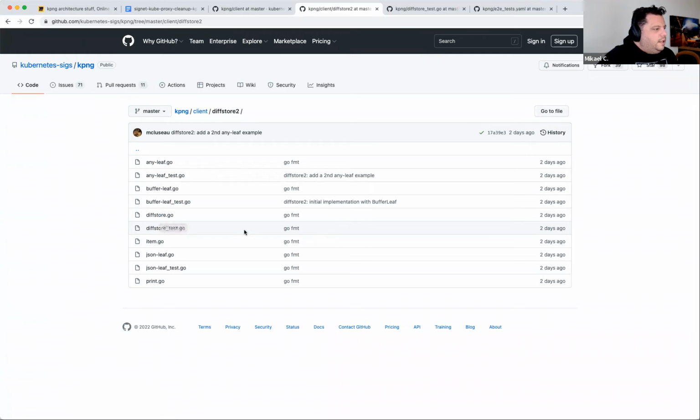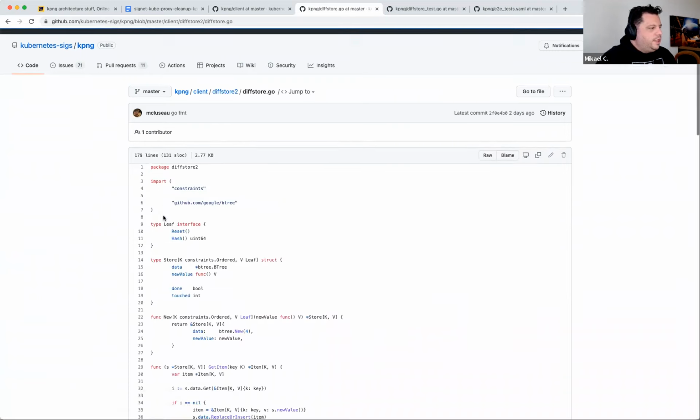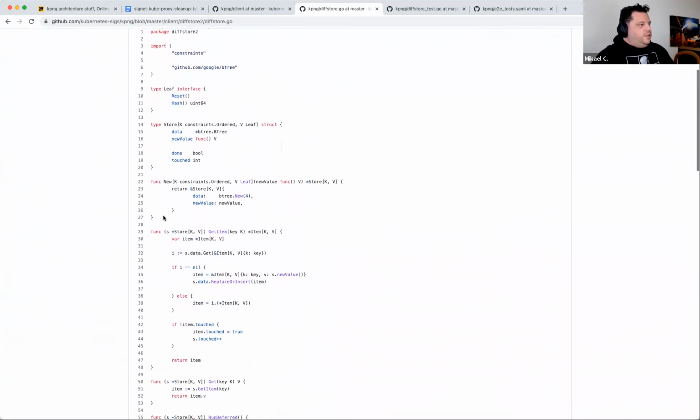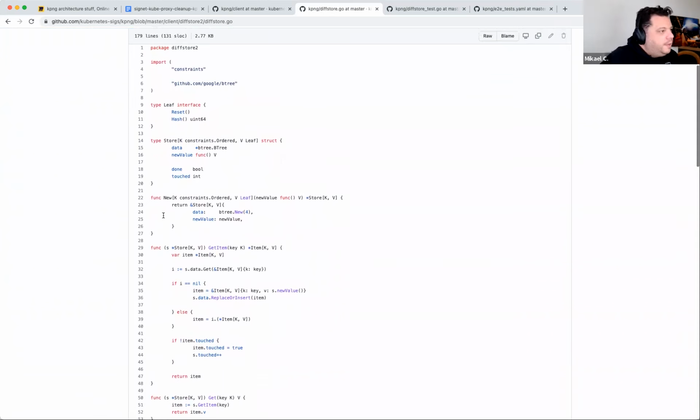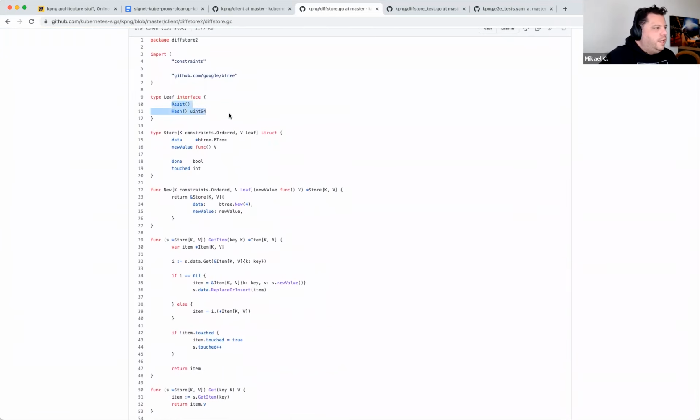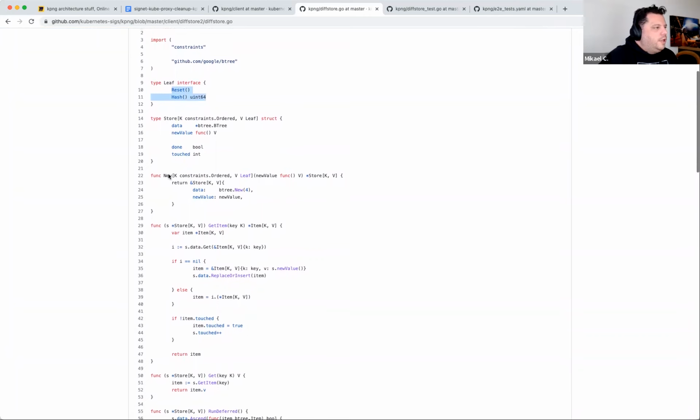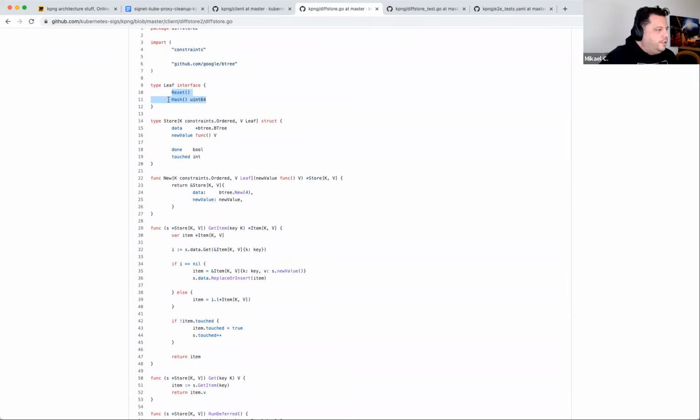Let's get to the diff store, I think it's a pretty good way to start. That's the generic one. You have a key that must be ordered, and you have a leaf that must fulfill the leaf interface, that's on line 9. You want a function to reset the leaf content, and another one to get the hash of the leaf content.